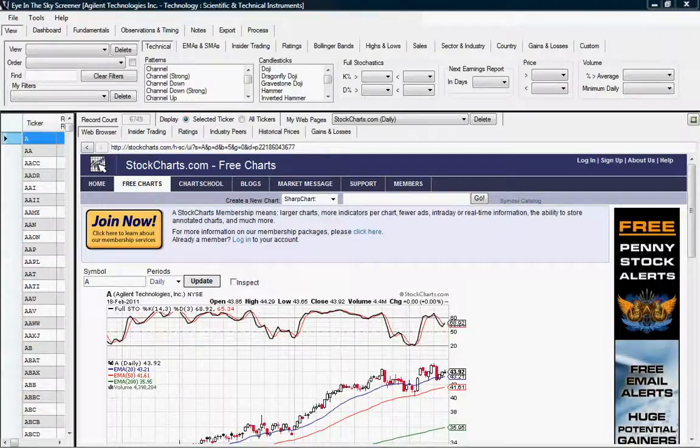Hello everybody, in this video I'm going to show you how to use the list management in the iSky screener to organize your stocks. So let's get started. The first thing that you will notice on list management is this view box at the